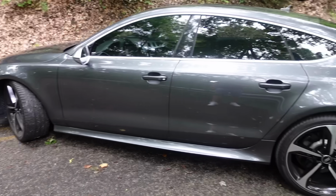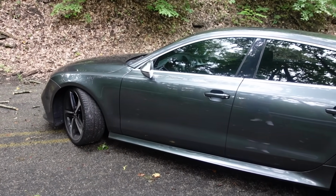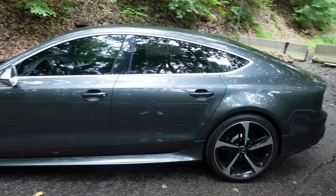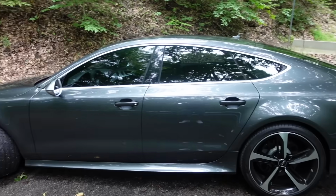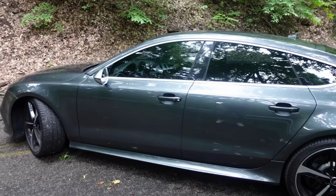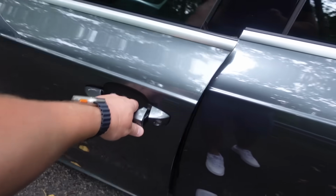So the first thing that we're going to talk about is a tech feature, I guess you could say. I mean, it is a tech feature. And the reason why this is so baffling is because it's an Audi RS7. It's fully loaded. It's got the Prestige package. So we got massaging seats, got heated, cooled seats. We have soft closing doors,